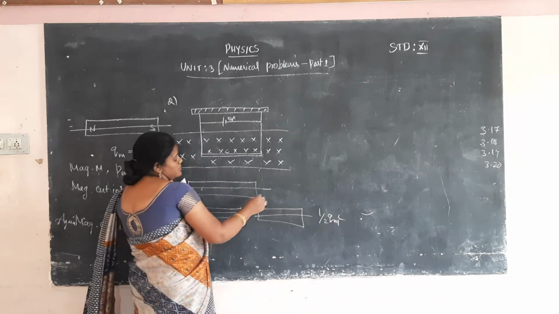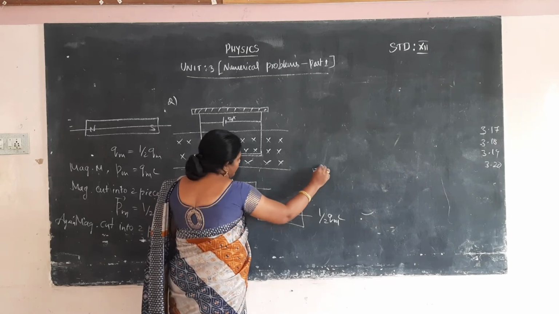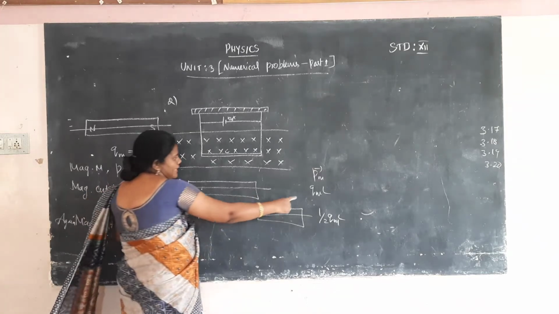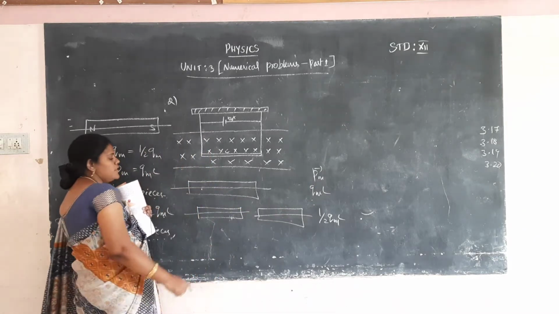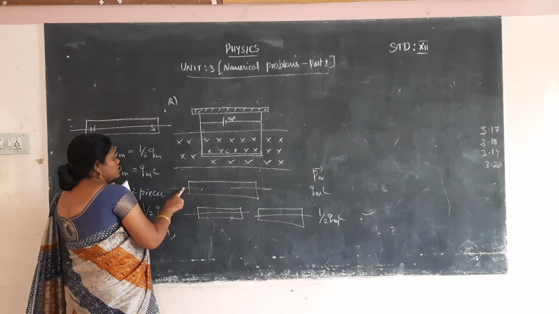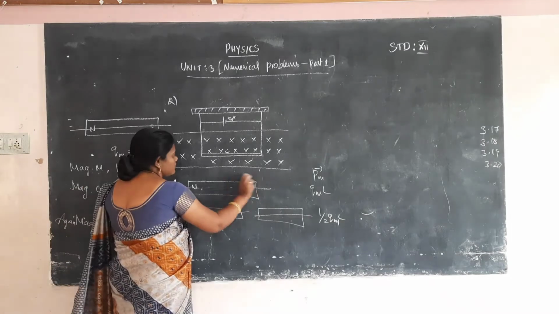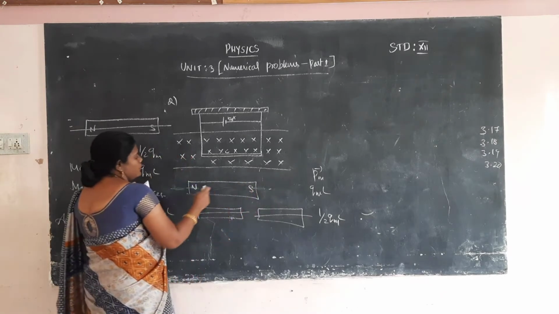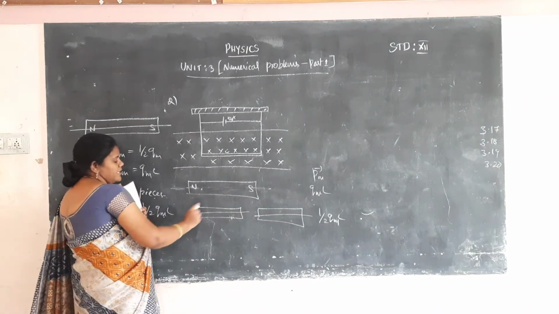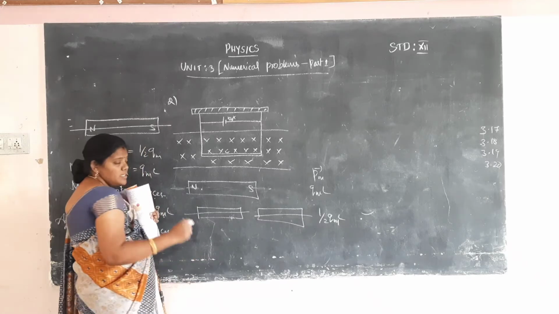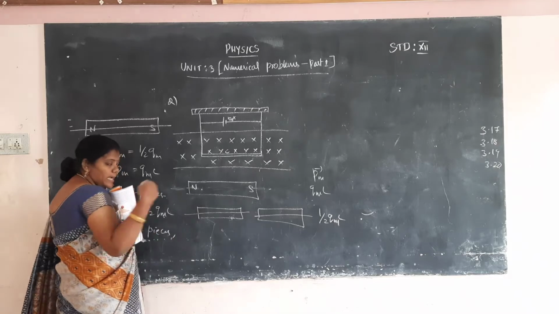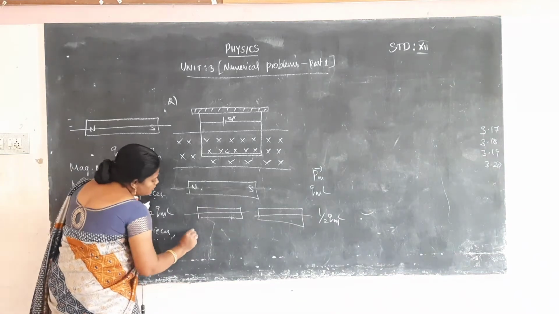This is the magnetic moment. First, for the whole magnet, the magnetic moment is equal to Qm into L, and the magnet will be cut along the axis. This is the full magnet, north and south direction. So the magnetic moment is Qm into L. So cut into 2 pieces, the pole strength is reduced to half, that is half Qm L. Again the magnet will be cut into 2.